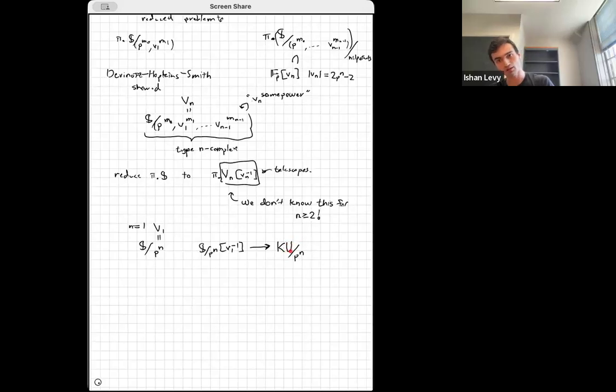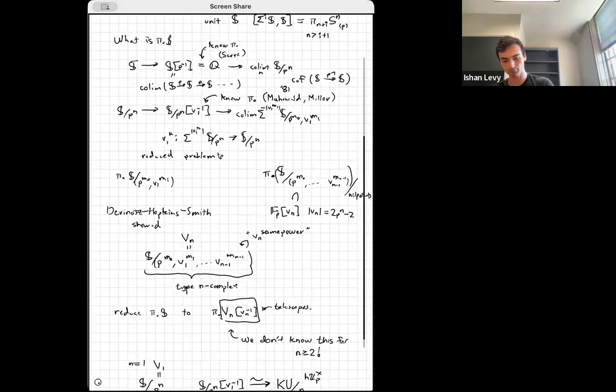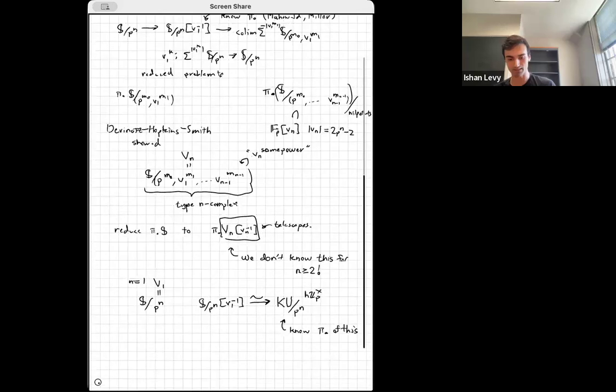And the Ku mod p to the n has an action of Adams operations. So there's this action of this group Z_p cross, the p-adic units, on this, and you can take the fixed points of that action. And the theorem is that this is an isomorphism. And so the point is that you know the homotopy groups of this. And this isomorphism is exactly how Mahowald and Miller, well, it's one way, I guess, you can compute the homotopy groups of this: by knowing this isomorphism and then seeing that we know how to compute the homotopy groups of this.